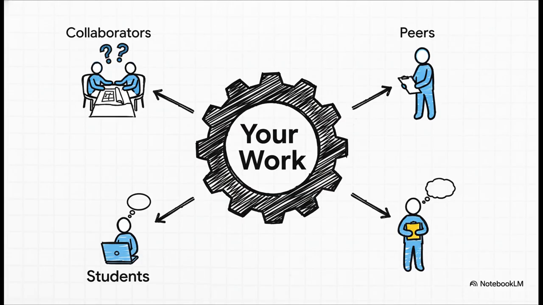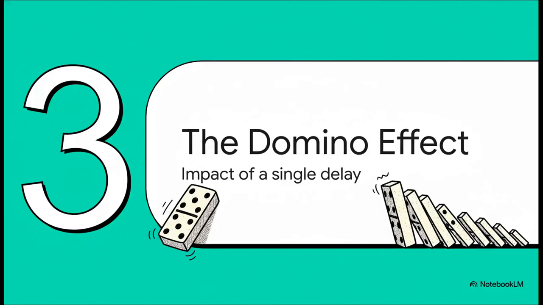In a simulation like this, missing a deadline isn't just your problem. It affects everybody. Your collaborators, they're stuck. They can't move forward. Your peers are literally just sitting there waiting for your feedback. And the pretend students, they don't get their course on launch day. These people are your stakeholders. All of this interconnected stuff leads to what we've got to call the domino effect. And this is where it gets really interesting because we can actually see the ripple effect of just one person